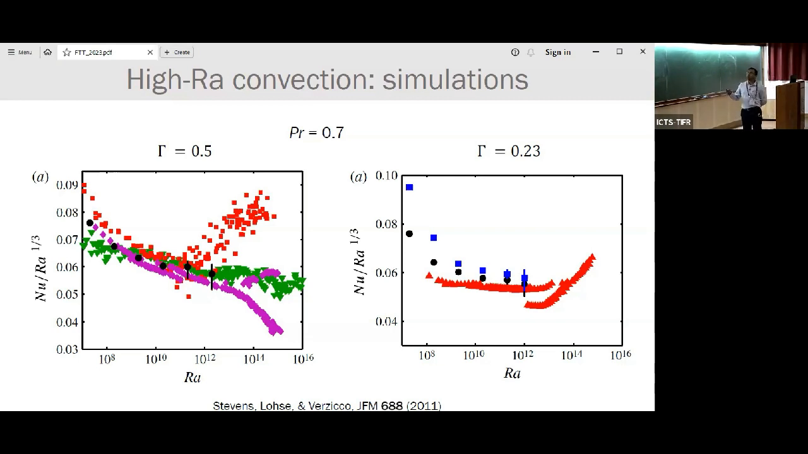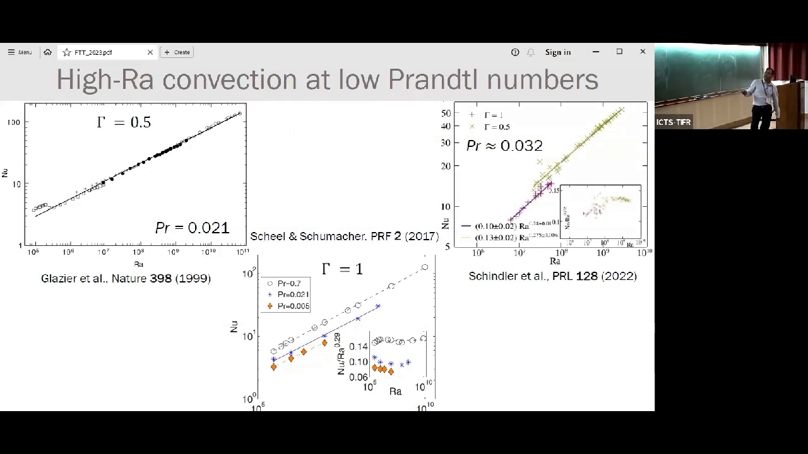Also, they explored convection in a cell where the diameter is 1/4 the depth. They plotted the Nusselt number normalized with the Rayleigh number to the 1/3. It decreases, which means it's more or less consistent with the 1/3 or 0.3 kind of scaling in the low Rayleigh number regime. So for low Prandtl numbers, for instance, these are experiments in mercury, which has a Prandtl number of 0.021